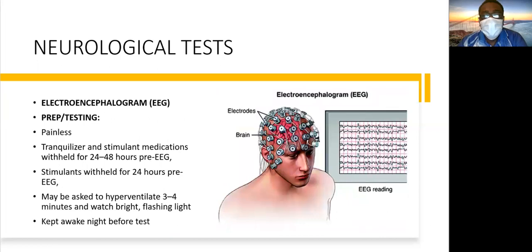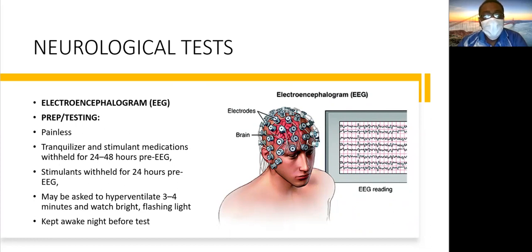Your EEG, or electroencephalogram, records electrical activity happening within the brain. Again, please explain the procedure to the client. The procedure is usually done by a technician in a quiet room. It's painless. Tranquilizers and stimulant medications, if the patient is on any of these, have to be withheld for 24 to 48 hours pre-EEG. Stimulants such as caffeine, cola, tea, and smoking all have to be withheld